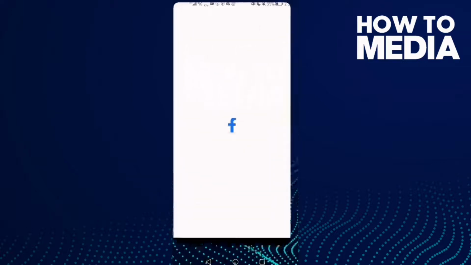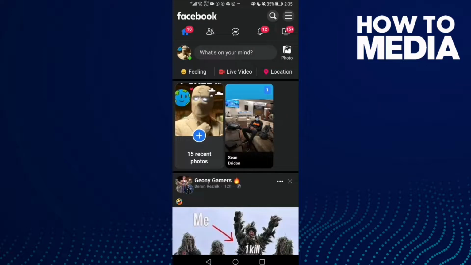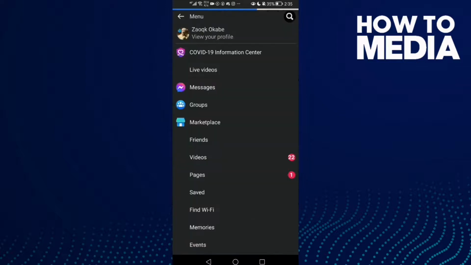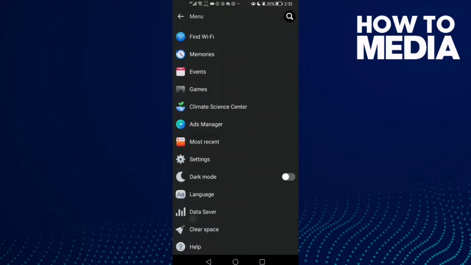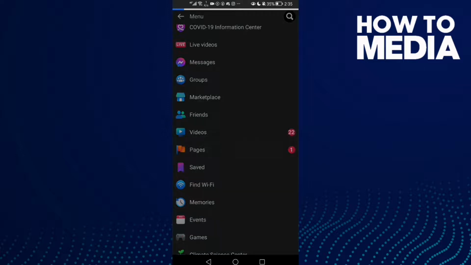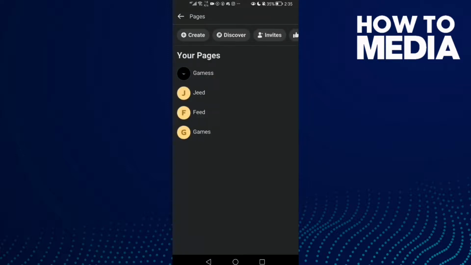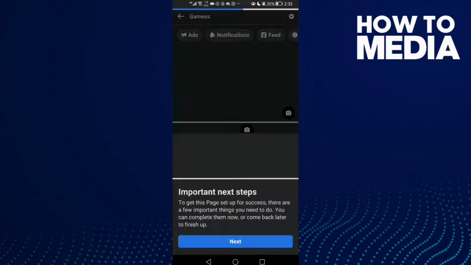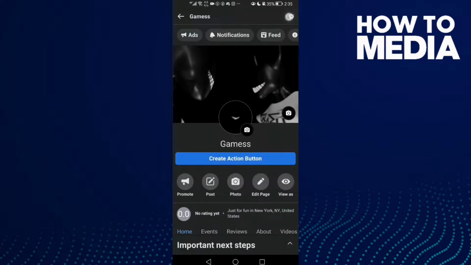First thing, go to Facebook Lite. Here you will find these three lines in the top corner. Click on it and then just scroll down and click pages, and here select your page, and now click this